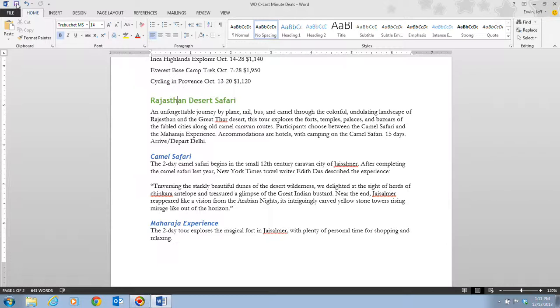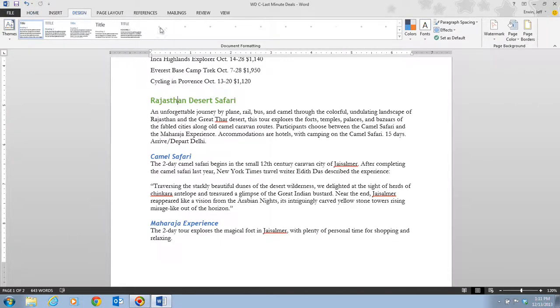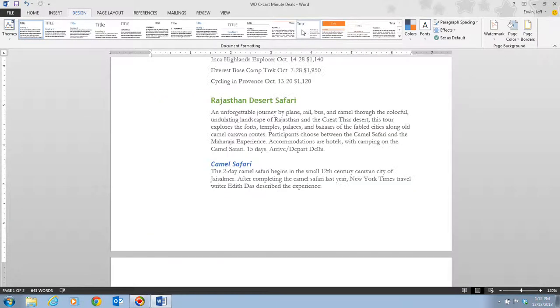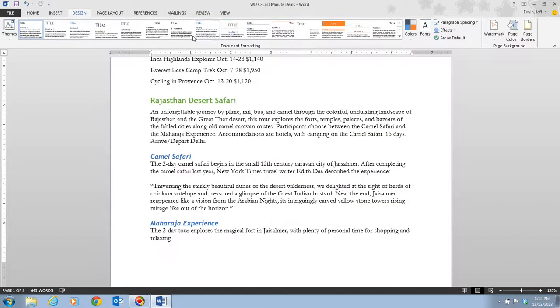To preview how various themes look when applied to the current document, you click on the Themes button in the Document Formatting group on the Design tab. And so that is here, and there's the document formatting on there, and you can just highlight over each of these and take a look at how the document would look if you would choose each of these different settings. Now when you click the theme that you like, which we're not going to change in this case,